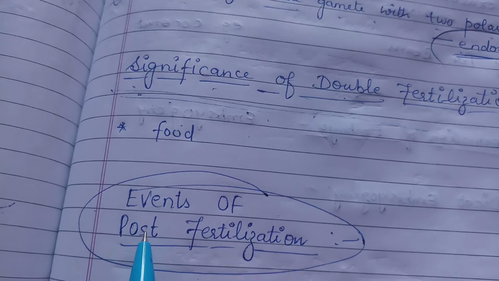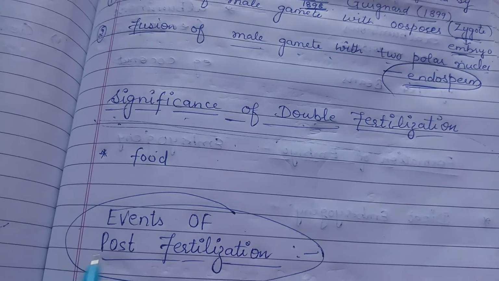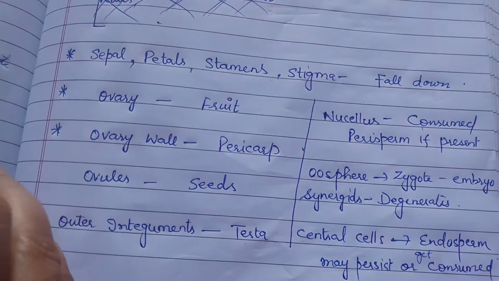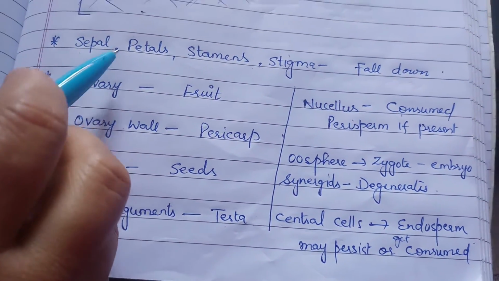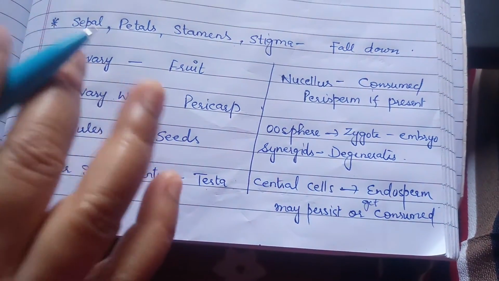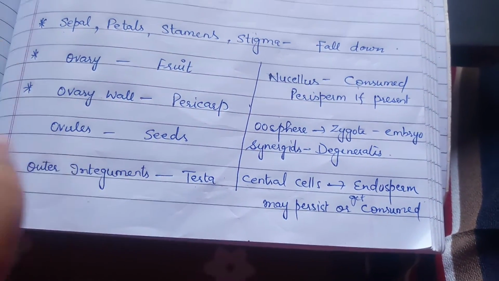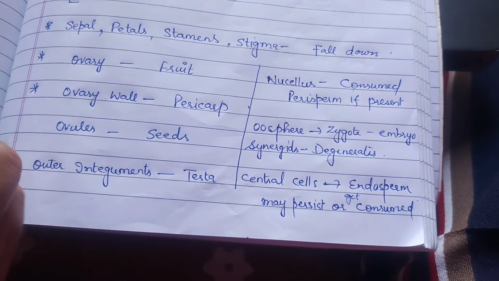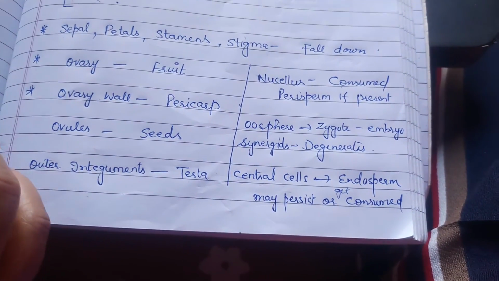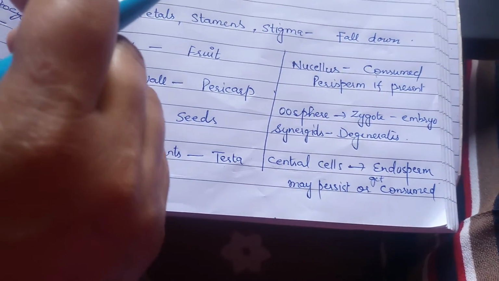Now next are the post fertilization structures and events. What happens after fertilization? After fertilization, the flowers begin to fade. Sepals, petals, stamens, and style wither away and are shed off. During this period, there is a spurt in ethylene production accompanied by an increase in respiration. In many cases, sepals are not shed. They are called persistent sepals, for example in Solanum. If the sepals grow with the growth of the fruit, they are called accrescent sepals.